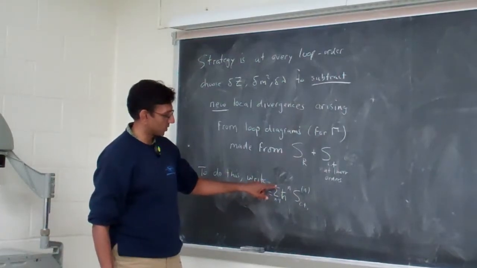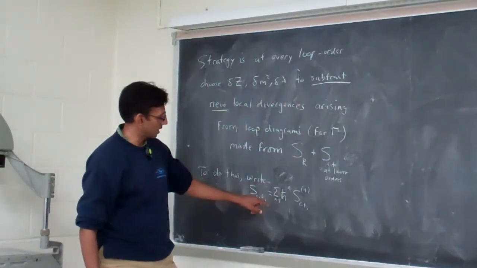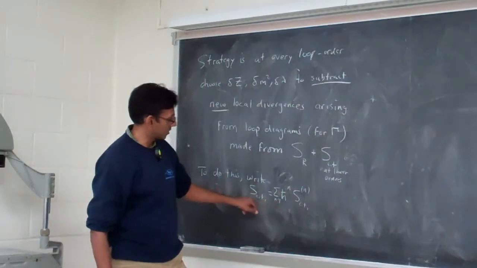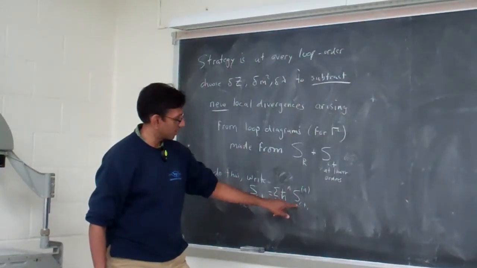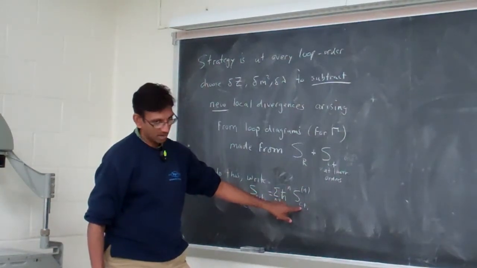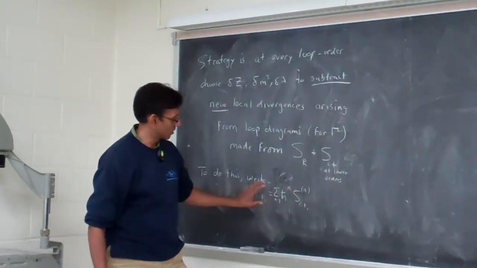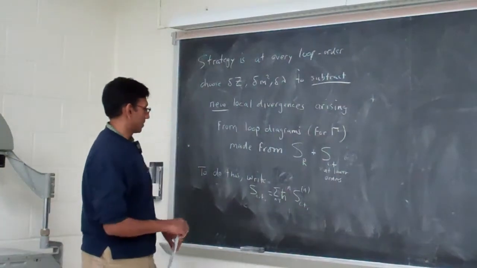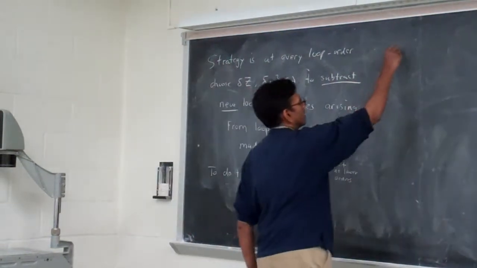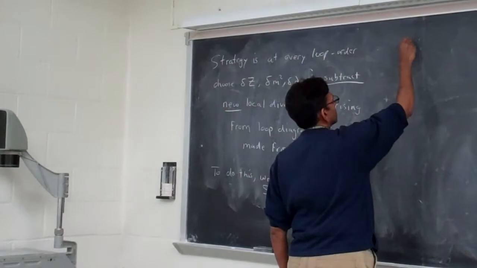However much perturbation theory you want to do, you start putting in these counterterms, and there's like a one loop, n equals 1, one loop counterterm action, a two loop counterterm action, a three loop counterterm action. You write it like this. So then the strategy is compute